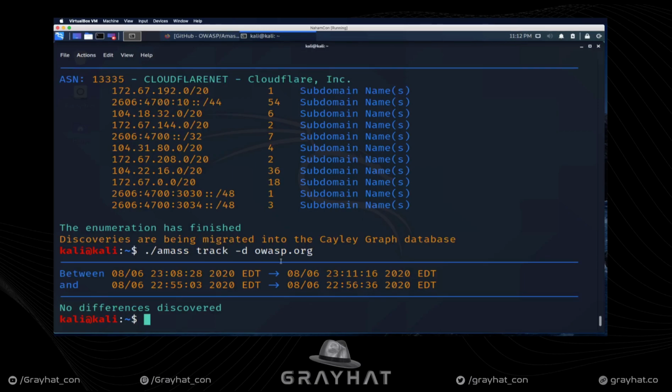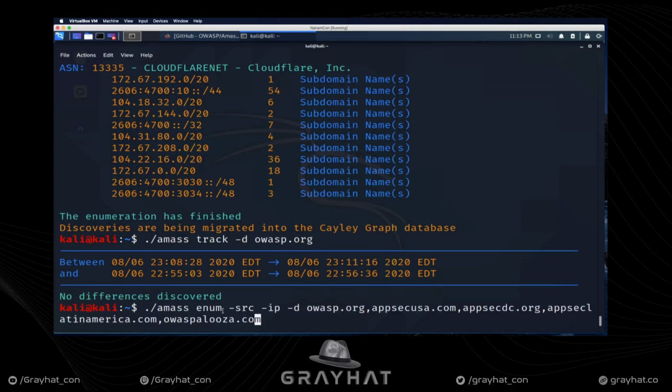So what it's telling us here, at least, is if we're only including OWASP.org, the answer is, well, there were no differences discovered. Which I would say it's great that we can get that information back, because, for instance, there's no point in digging into this deeper if the answer is, well, it didn't find anything new. But let's go back to this